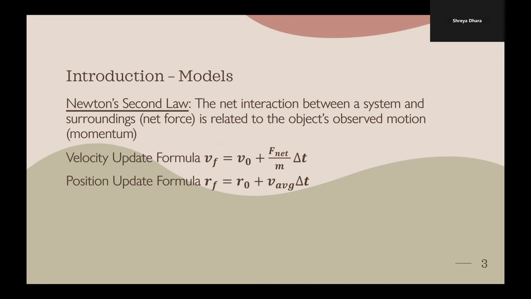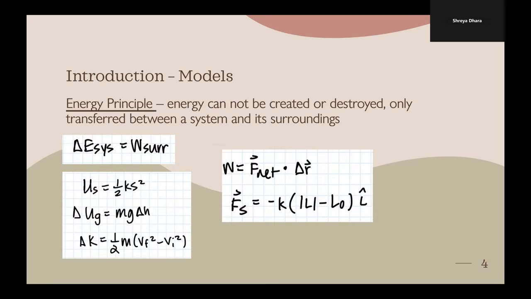So to introduce some models, again, we have Newton's second law, which says that the net interaction between a system and its surroundings is related to its momentum. And we can use the velocity update and position formulas to look at its movement. And then also the energy principle, which says that energy cannot be created or destroyed, only transferred between a system and its surroundings. And then here are some relevant formulas, including